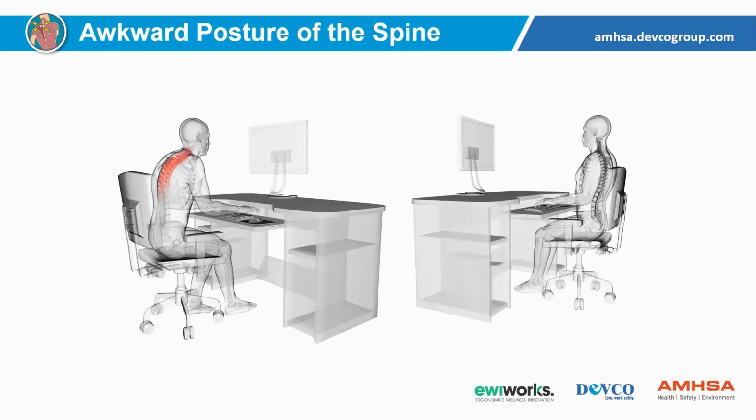So picture on the left, you can see this person's kind of slouched forward. We've highlighted that their upper back is kind of rounded out and highlighted in red. Picture on the right, this person's sitting very upright. What I want you to notice is they've got this gentle S curve to their back. Okay, and if you look at just the torso itself without seeing the spinal column highlighted internally there, you would go, oh, this person's sitting up straight. And when we are sitting up straight, we have this gentle S curve to our back, and that curve is